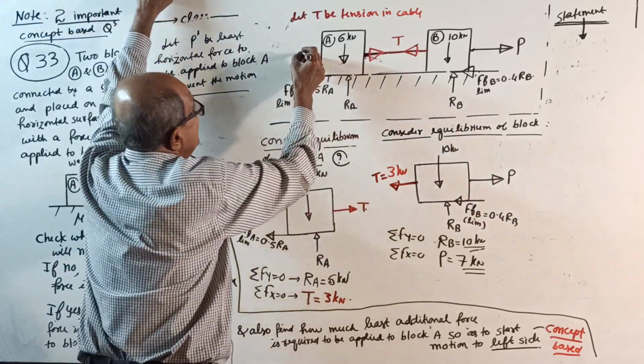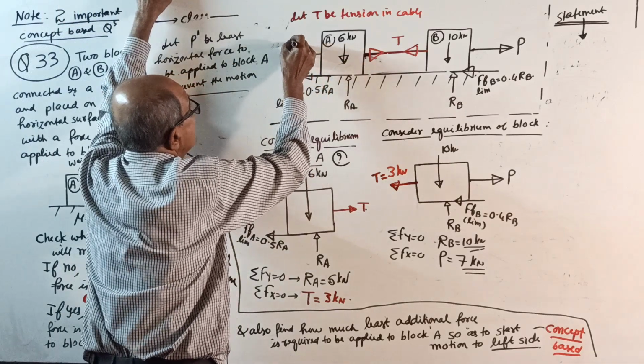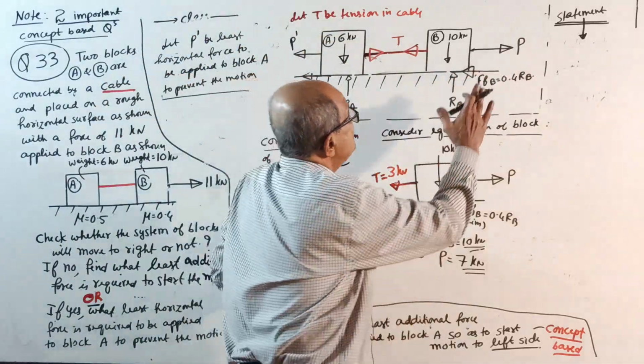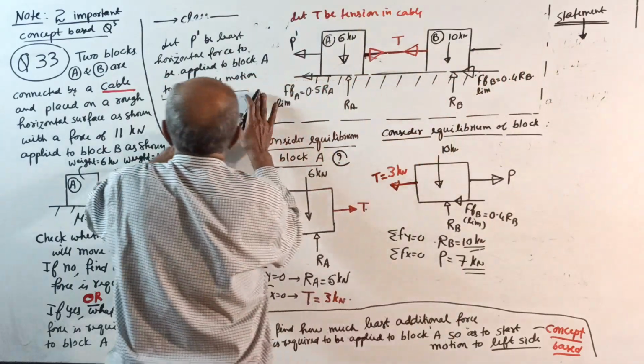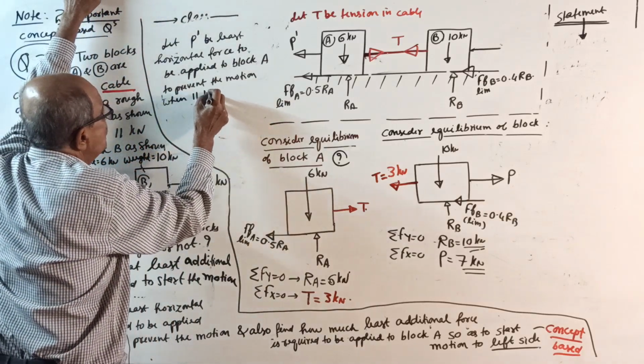Okay. Apply a force, understood. It should be to the left side. See, P dash should be to the left side. Now, it is not P. Now, this force is 11 kilonewton. See, that prevents the motion. When what? When 11 kilonewton force